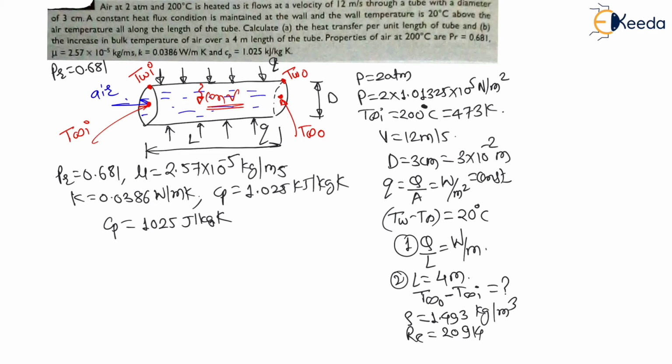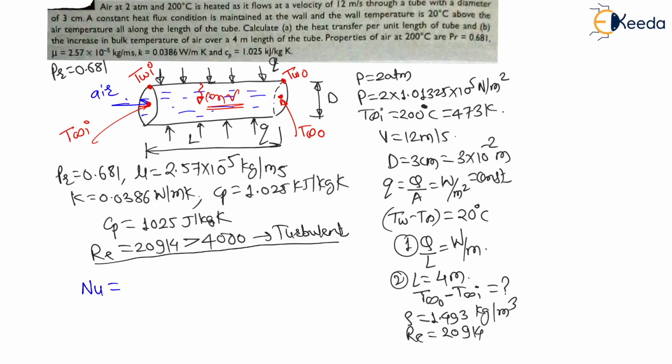20,914. Right. Now, my dear students, this is a flow through pipe, and for flow through pipe, whenever Reynolds number, which is nothing but here 20,914, becomes more than 4,000, the flow becomes turbulent. Therefore, here the flow is turbulent. So, my dear students, here we have to use the formulas of turbulent flow, right? And we know that the Nusselt number for turbulent flow is nothing but 0.023. These relations in examination they will provide you, but try to remember these relations.